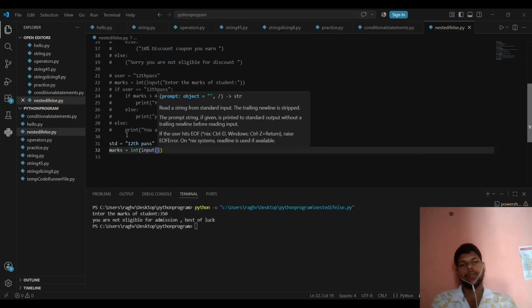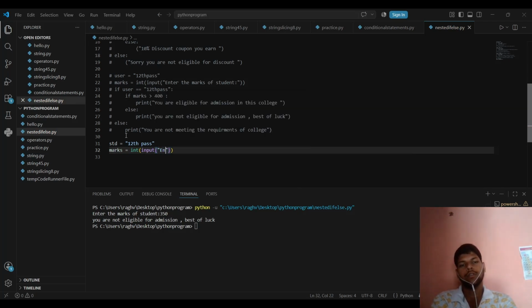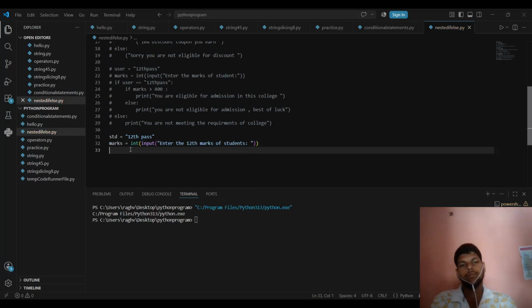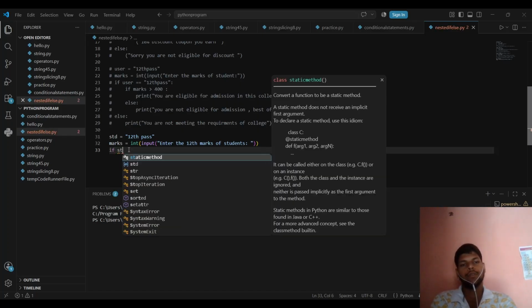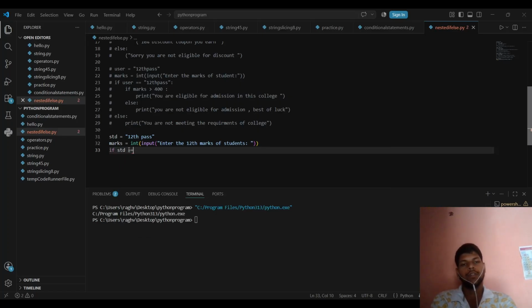Input. Let's suppose marks. After marks, if student equal 12th pass,